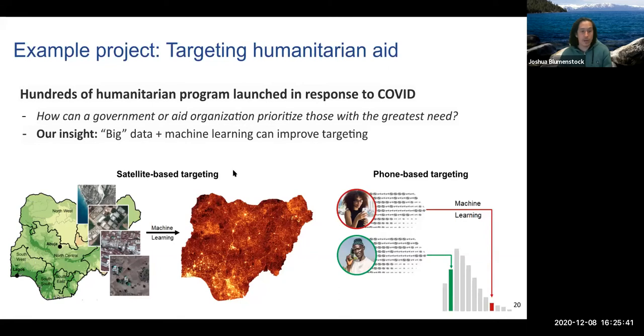Particularly because they don't have a centralized government poverty database that allows them to say, oh, this 10% of the population are the poorest 10% of the population. So the work we've been doing has been leveraging data from satellites and from mobile phone networks to help the government identify the poorest regions of the country. And within those regions, the individual subscribers that are likely to be in the most extreme poverty.